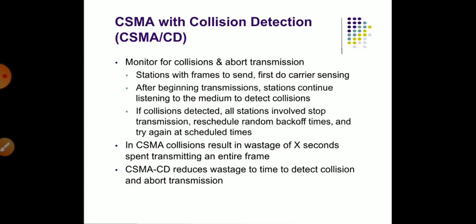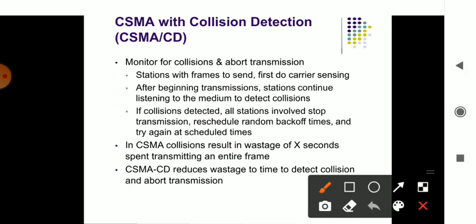Okay, beginning transmission: the session continues to transfer the information from one end to another. Here the carrier sensor sends the information. If it collides, it takes a back off time, and once again it will try to execute that process. So the wastage of seconds when the information is being transmitted from one end to another end is carried forward.